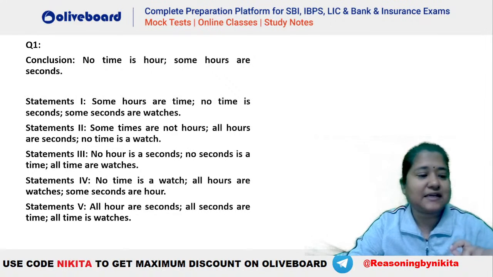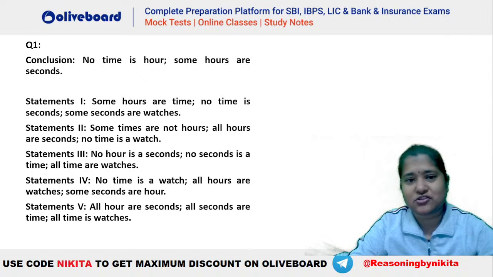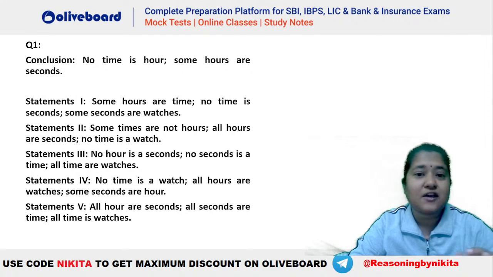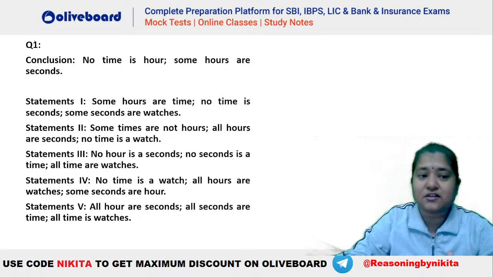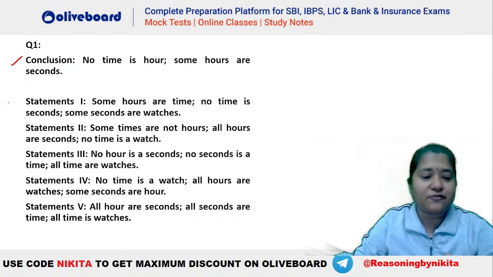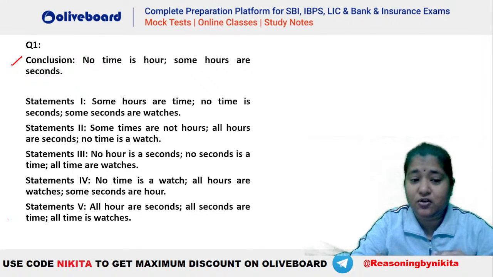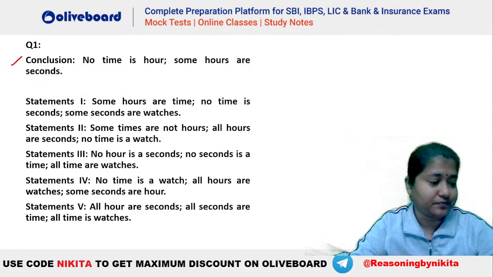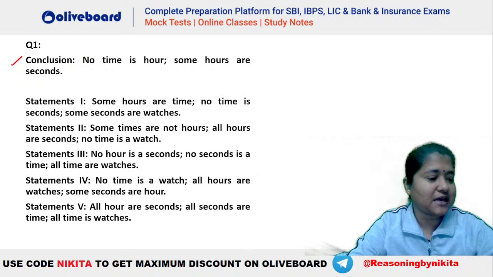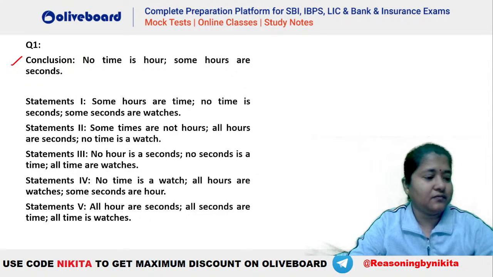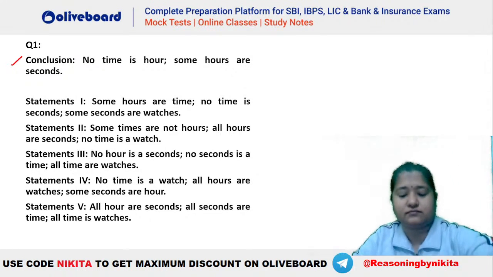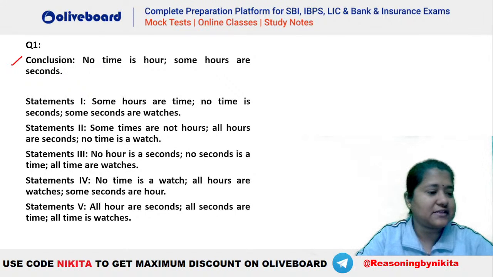So you can see that it is the reverse of the normal syllogisms like we did in the first class, where the statement is given followed by conclusion. You can see here the conclusion is given and then you have to tell which of the following set of statements is sufficient to arrive at this particular conclusion. Okay. Chalo, check this out. Let's see what should be the answer here. Try this out, guys.